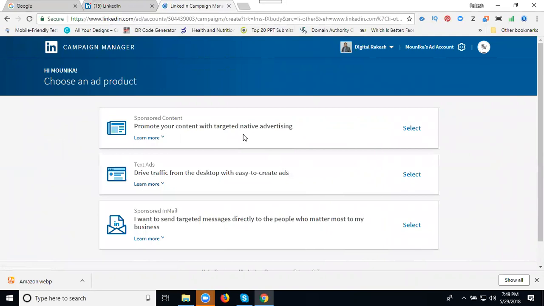Now here, write down the ad types: sponsored content, text ad, and sponsored email. Write down the first option, sponsored content. Promote your content